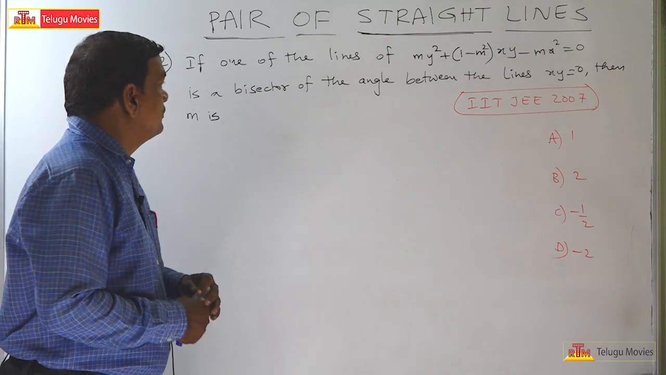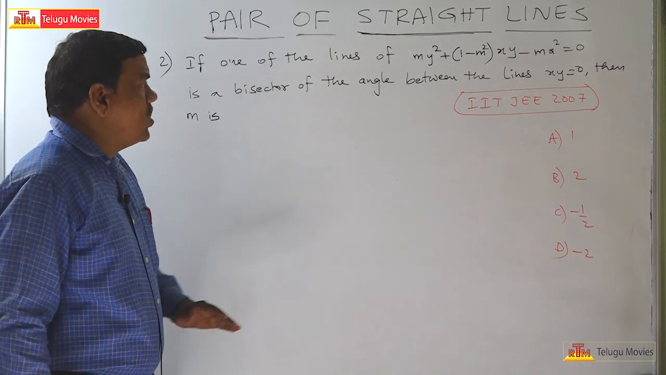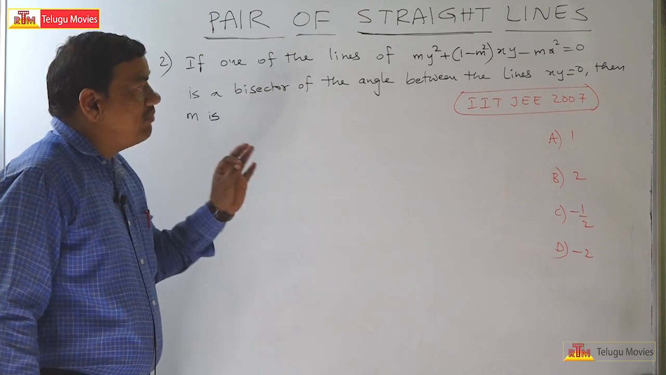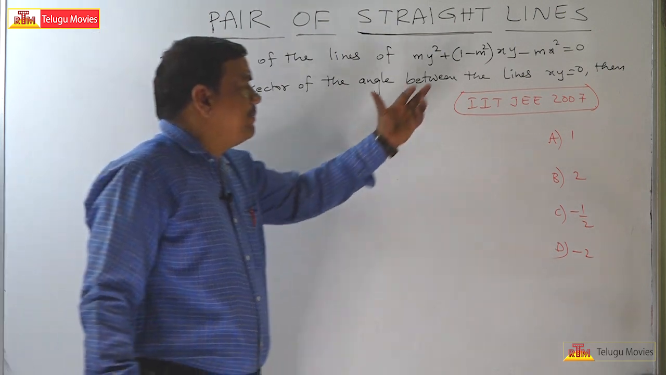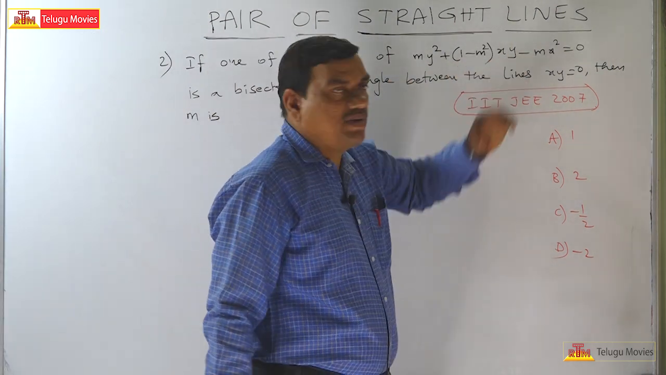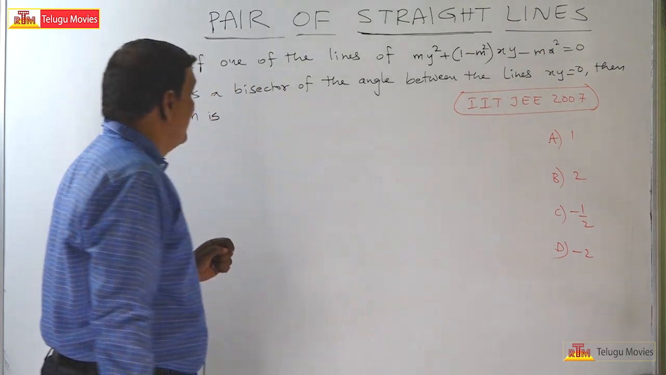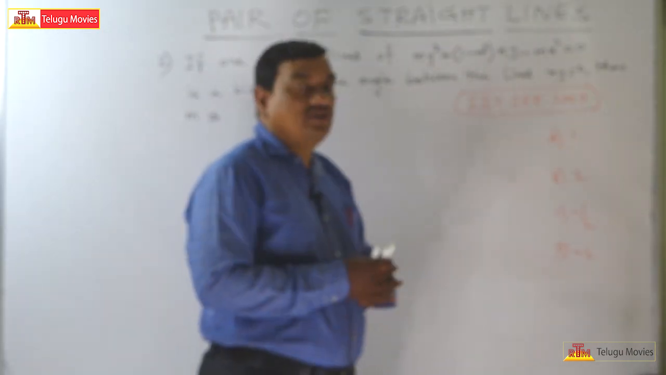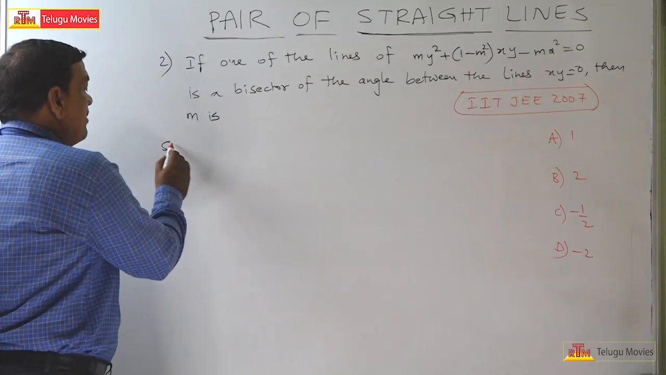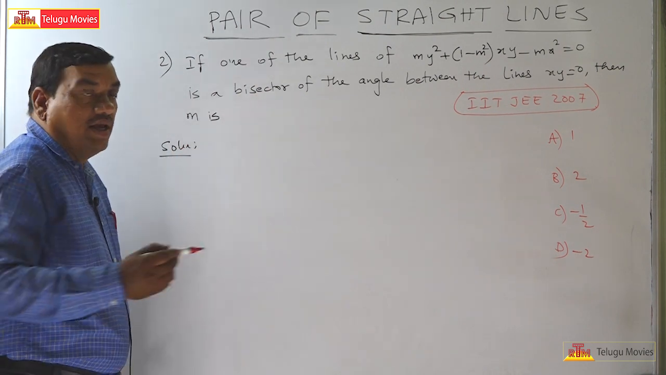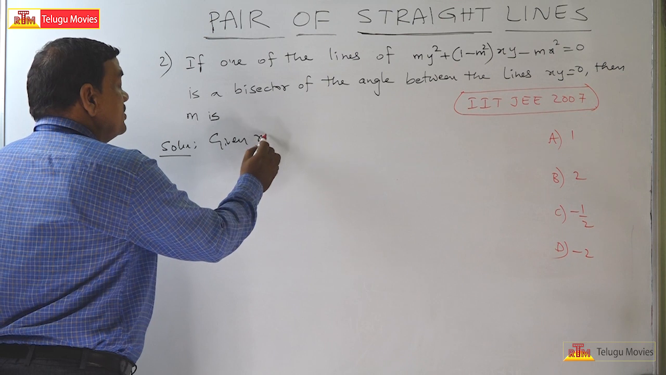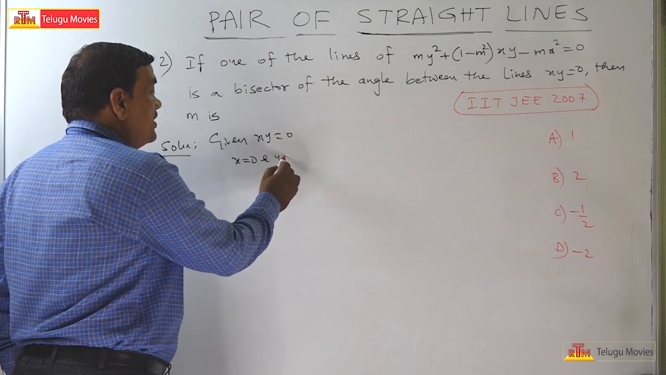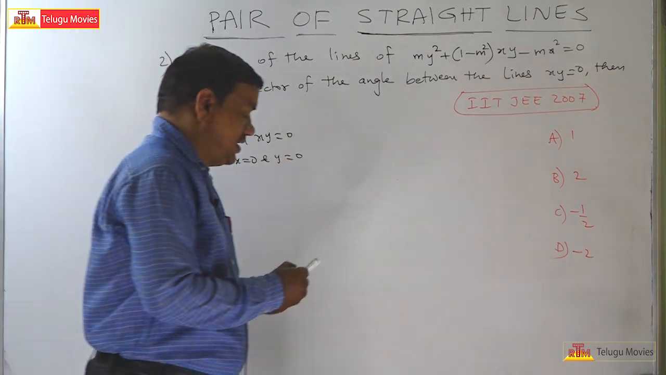Welcome to the second problem. The second problem is, if one of the lines of m square plus 1 minus m square xy minus mx square is equal to 0, as it is a pair of lines, ax square plus 2hxy plus by square is equal to 0 form, is a bisector of the angle between the lines of this also a pair of lines, xy is equal to 0. See the solution, then what is the value of m? Here the given equation of the pair of lines is what? Xy is equal to 0. Xy is equal to 0 means what? X is equal to 0 and y is equal to 0. That is, they are nothing but